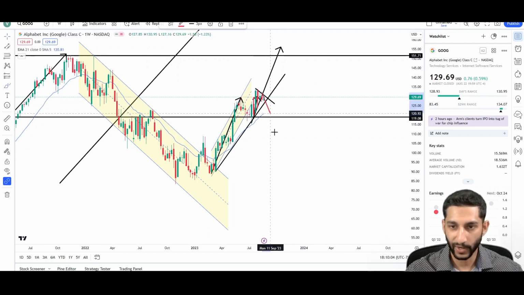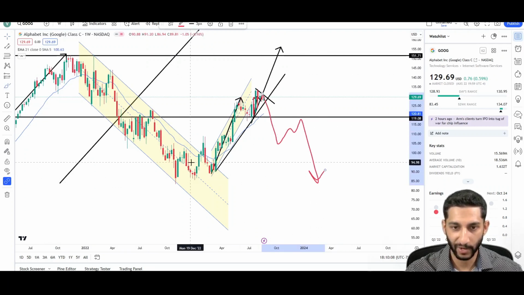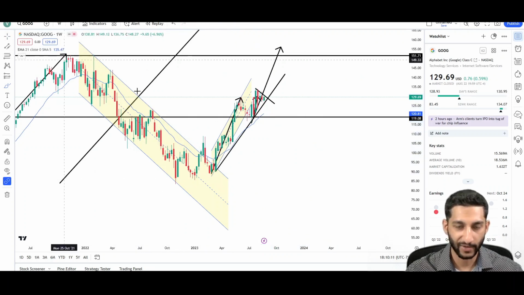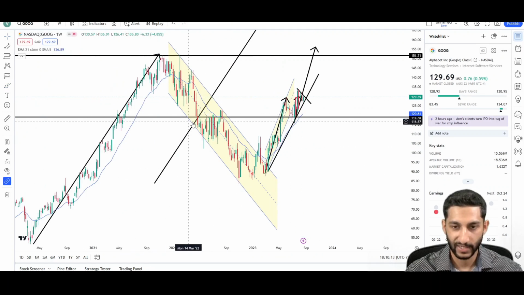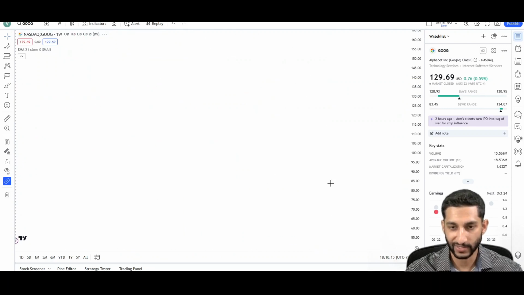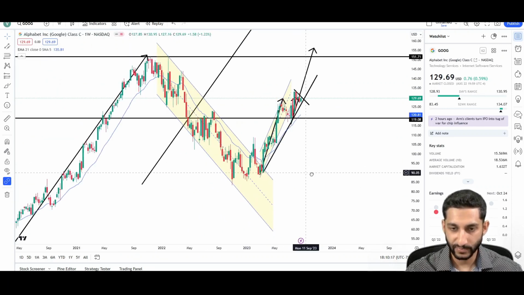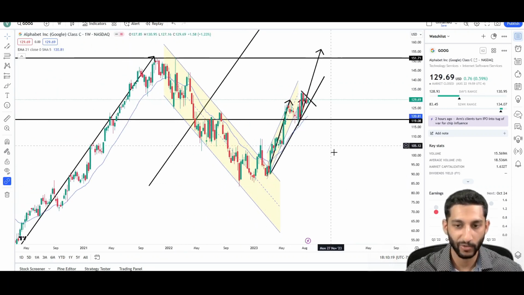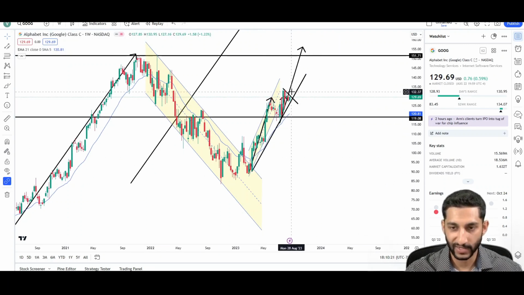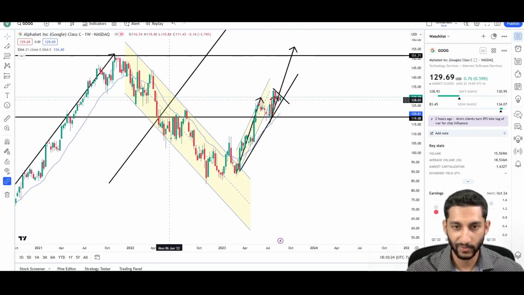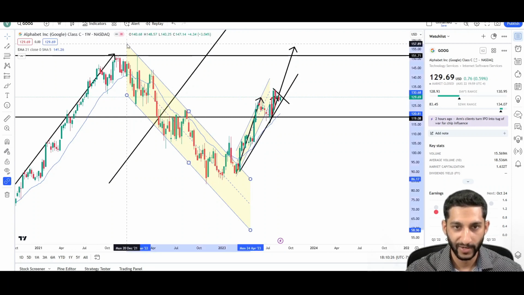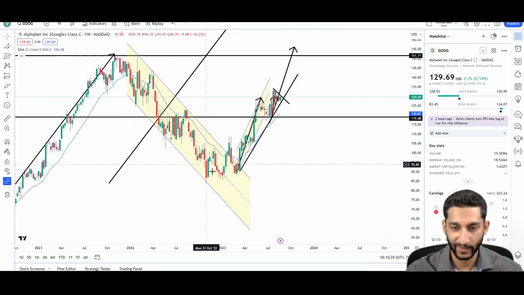But if we see a break of this level like that, then there's a very good chance this bear market or this downtrend is having a very strong influence on the price, and we might still see lower price targets. So this is something I just want to bring up. That price can still go lower, even though we saw this nice move up higher. It's not something to lose sleep over, but it's definitely something apparent on the chart, and I have to bring it up